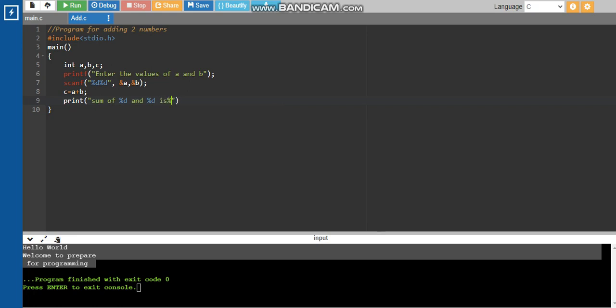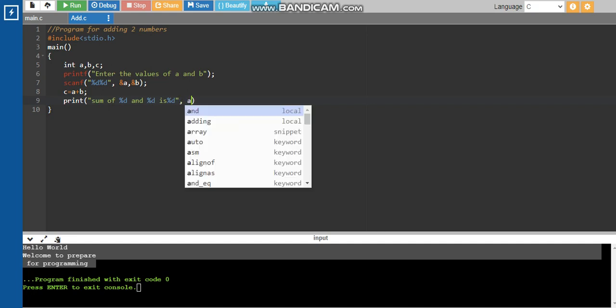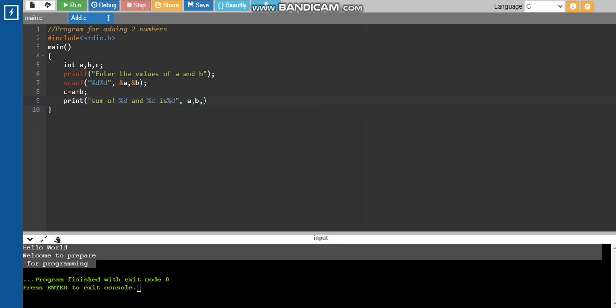So is C, and after that you have to mention that the first %d is for A, the second %d is for B, and the third %d is for C, and at the end of that you have to give the semicolon. And you should always take care to return some value, return 0. You can mention return 0. And then let us try to execute this program. This program is for adding two numbers, the simplest program we have considered.